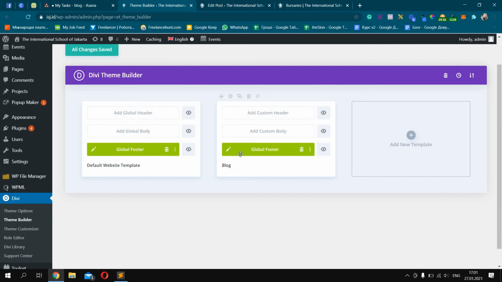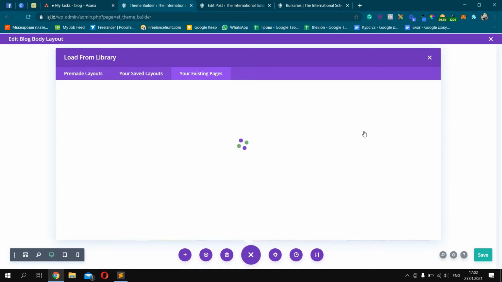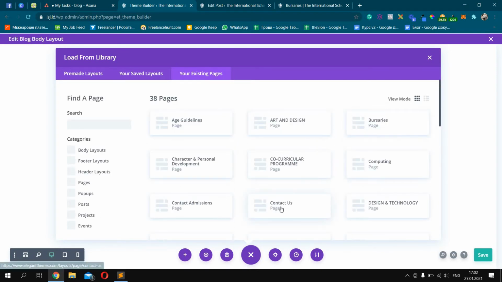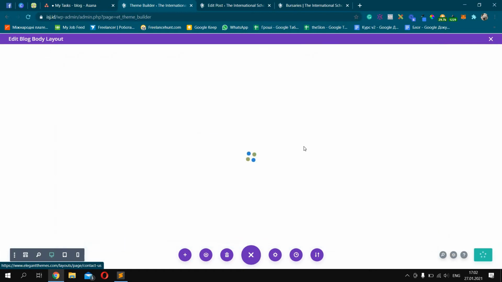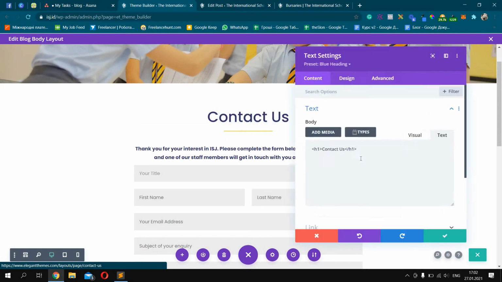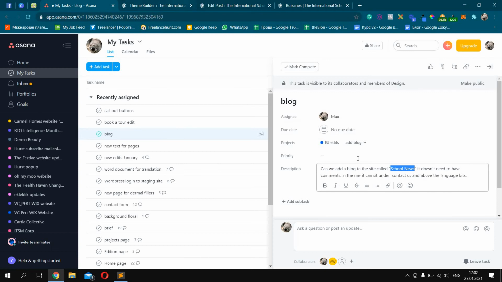So now we should have the, okay, we lost it. So let's do it again. Build Custom Body. Yeah, I will show you right now how not to lose it. Clone an existing page and copy the Contact page. Contact, here it is. Copy the Contact page. We are doing just the same job which we already did, as I made a mistake and didn't save it globally. Okay, so School News,